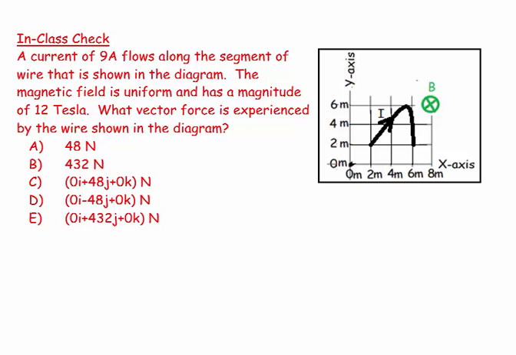So I need a principle, and my principle is that my vector force is equal to the current I times L crossed with B, and the current is 9 amps. The definition of L is that it is a vector which goes from the beginning of the wire to the end of the wire in the direction of the current flow. So in this example, my vector L